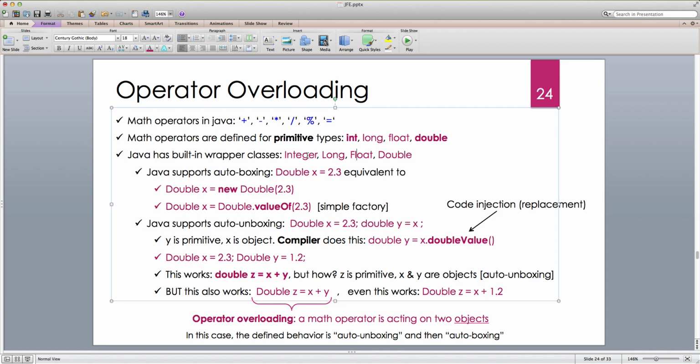Or computation in general. Now Java has built-in wrapper classes. This is very interesting. We talked about wrapper classes before. They are basically objects that encapsulate or enclose a primitive type. So the Integer class, Long, Float, Double. I'm going to highlight both Integer and Double because these are the most useful wrappers for us, okay? Now by definition,